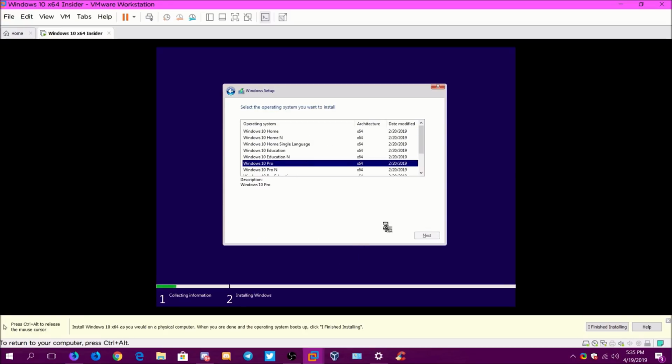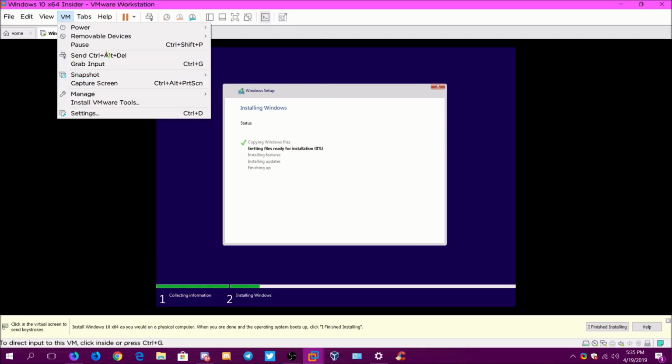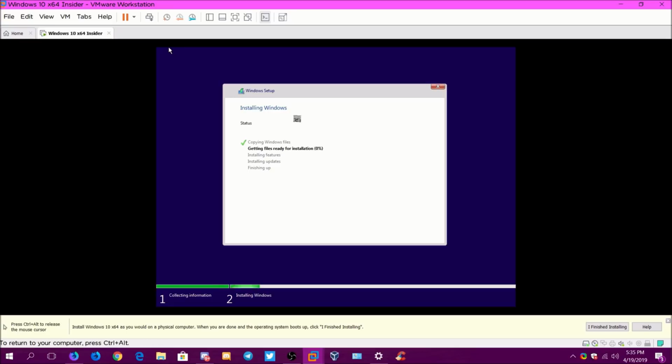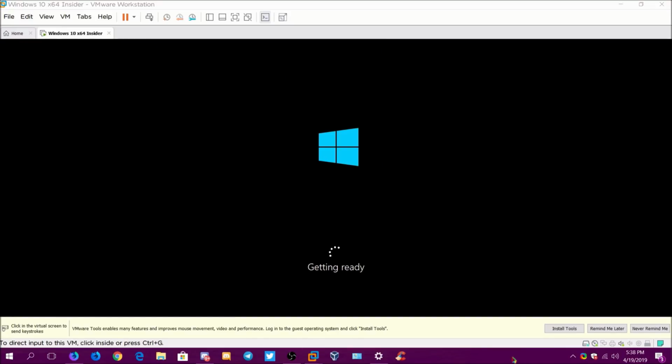I select Windows 10 Pro on the list, accept the agreement, install on the unallocated space, and I also disable the internet, that way it doesn't have us do a Microsoft account and all that. I don't want to have to go through skipping it all, so it's easier just to have it disconnected from the internet. That way it doesn't ask for it and it doesn't take as long to get through the setup